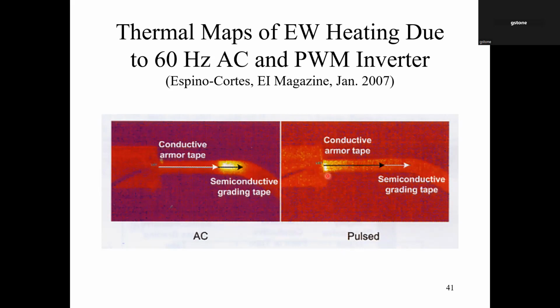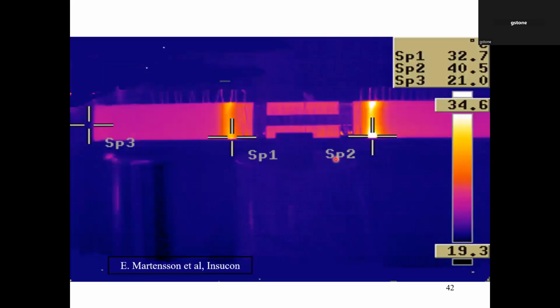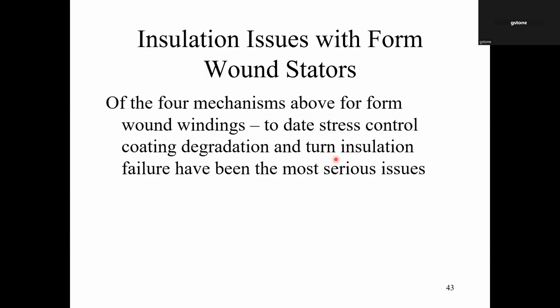It just gets shunted directly to the semicon adjacent to the end of the core. Now, there are some very nice finite element models that have been produced to duplicate this. This is just some pictures that ABB took a number of years ago of the same thing. So it turns out, at least in my experience, looking at a lot of machines that have failed,